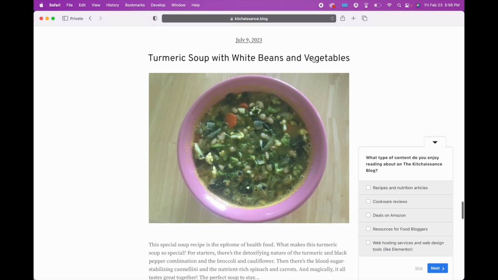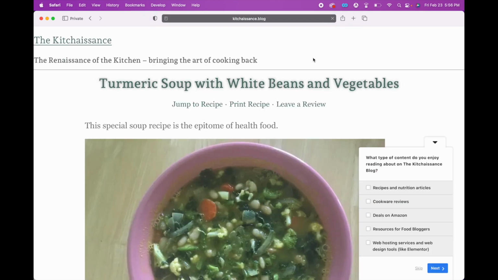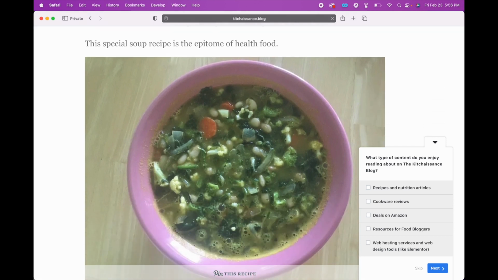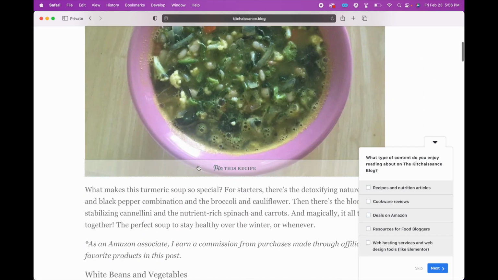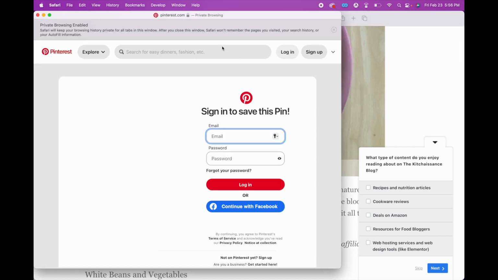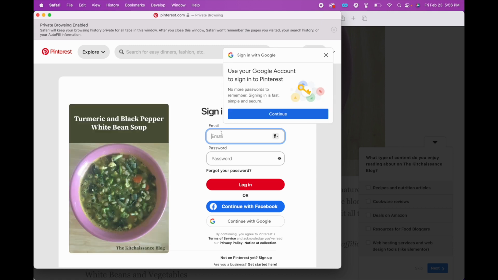Yeah, so it's right here. If I go to this post, and then I scroll down, and I go to pin this recipe,